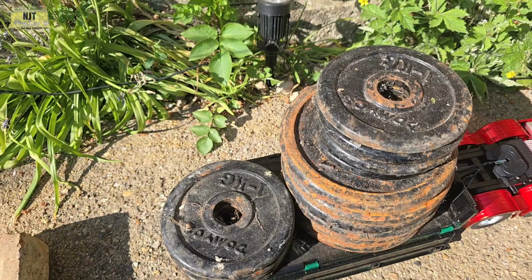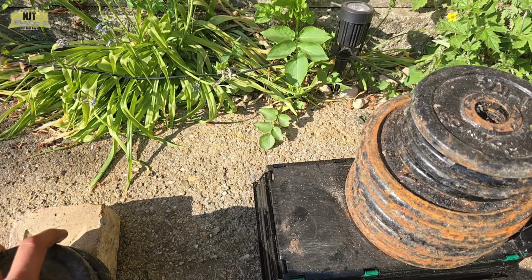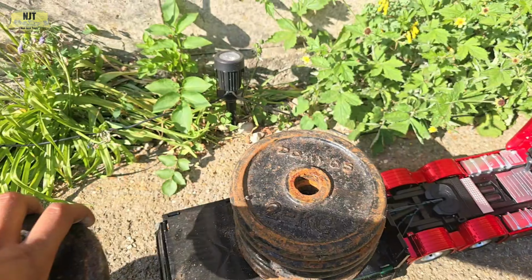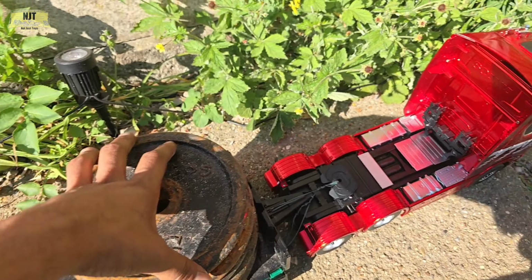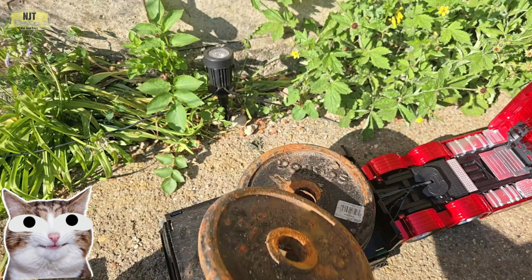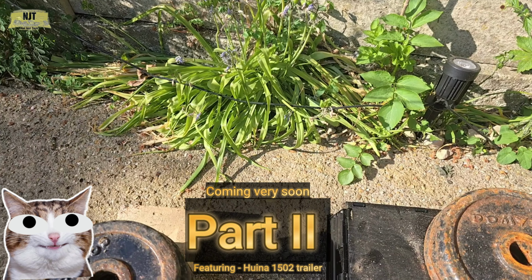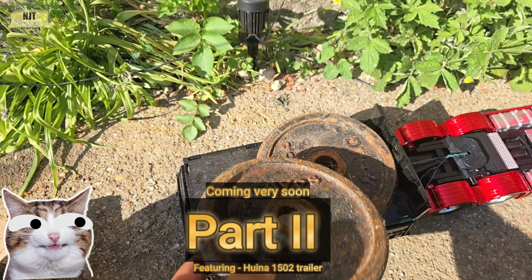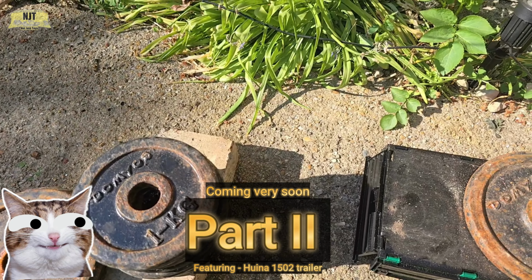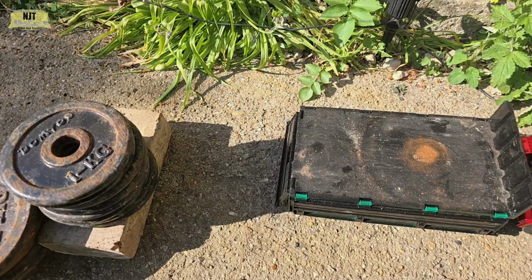Two kilos. It's 2, 4, 6, 8, 10. There we go. 12, 14, 16, 18, 20. Only 2 kgs, so she's able to tow